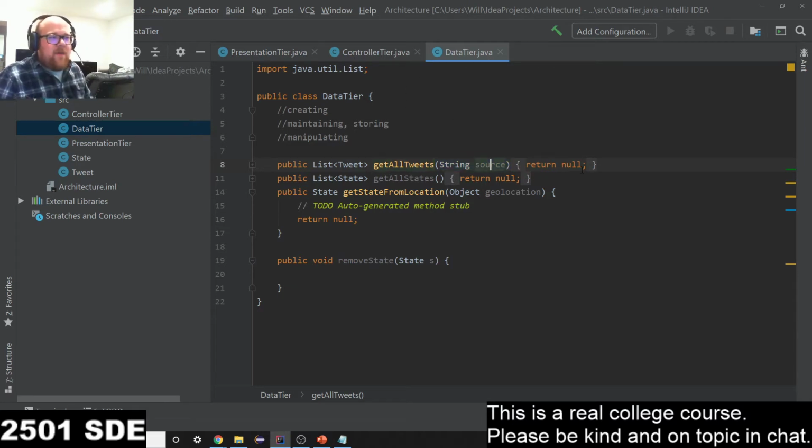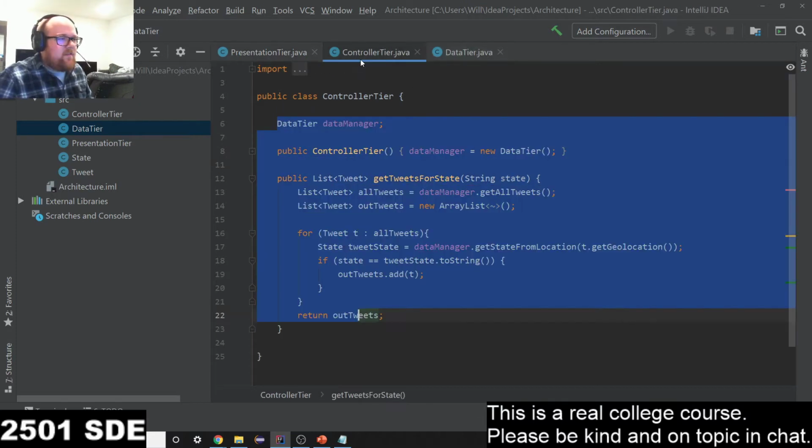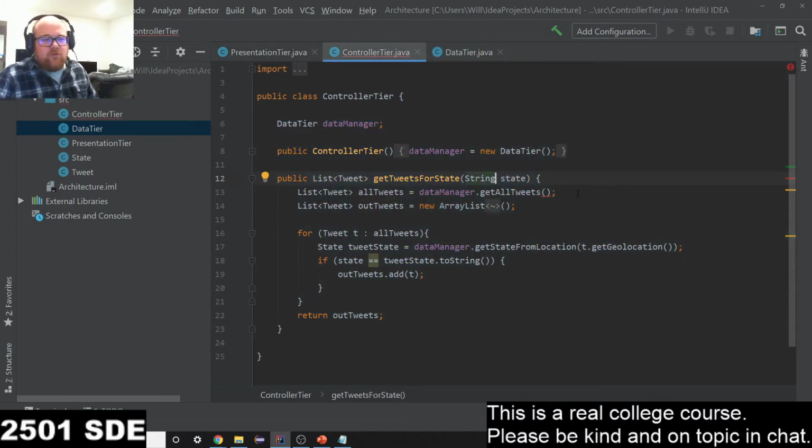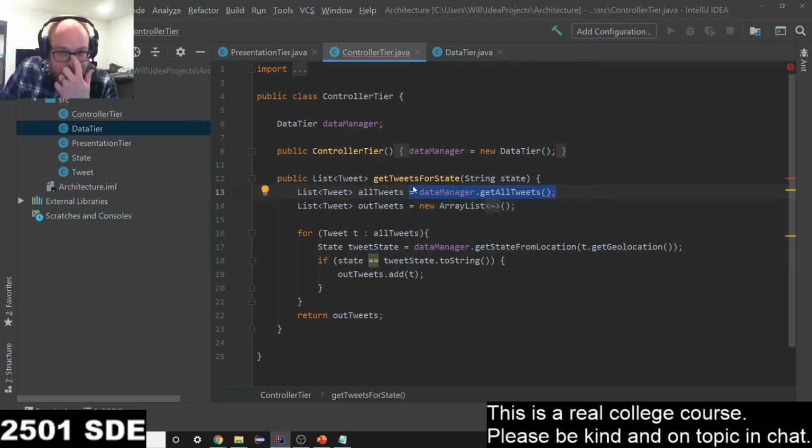Well, because I have updated this class, the getAllTweets function, necessarily this is going to affect the controller tier because this line of code no longer compiles. So necessarily, I now have to make changes to the controller tier. Now, depending on whether or not I'm adding a feature, it may be possible to limit this change to the controller tier. For example, let's say I just define